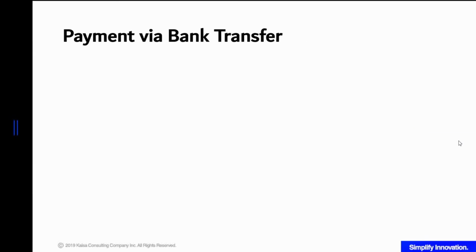During this current situation, where physical interaction is advised to be at the bare minimum, this type of payment process is very suitable to this new normal, the payment via bank transfer. And by the way, most of the banks already offer this kind of payment functionality. So to walk you through this payment process,